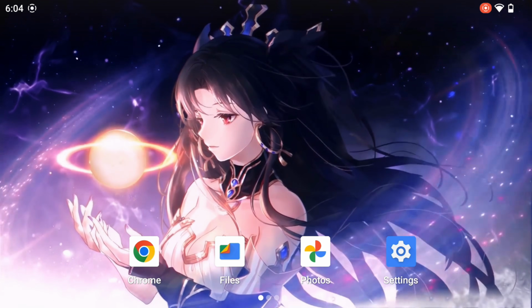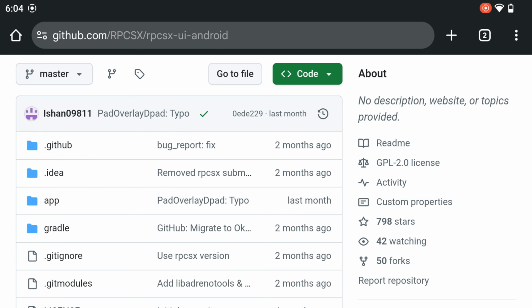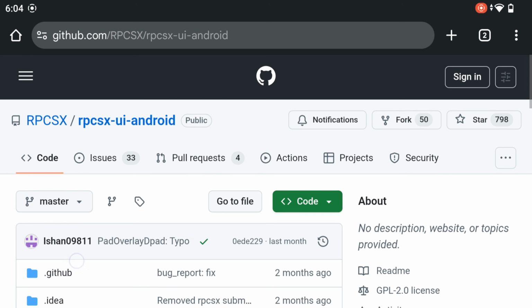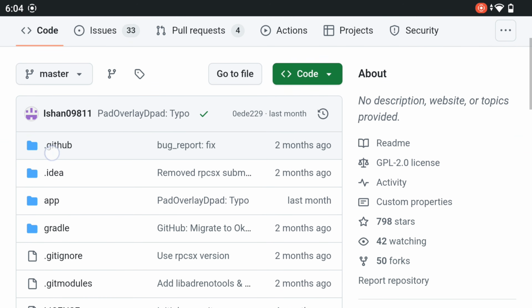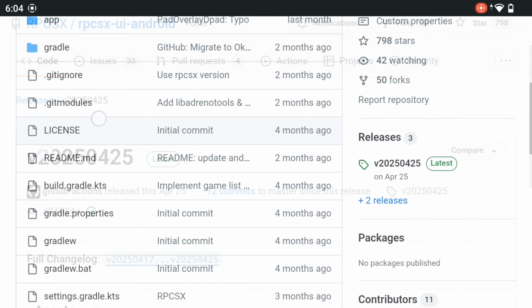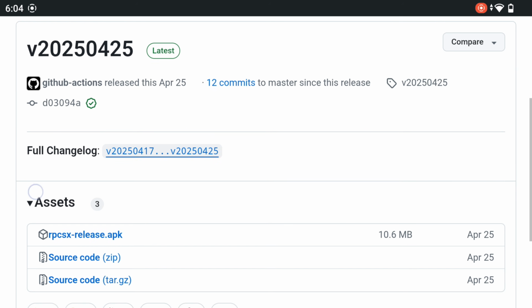First thing we're going to do is open up Chrome and head on over to the RPCSX GitHub page to download the latest version available, and as always I will have links to everything mentioned in this video in my description. As of right now, the latest version of the RPCSX emulator is from the end of April, and that is the version that I use to do all of my testing, including the games that are shown in this showcase. So under the